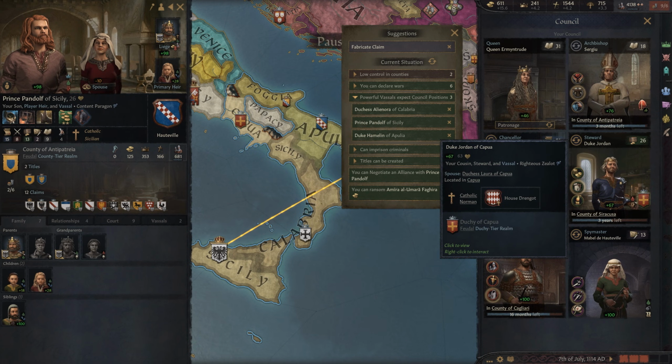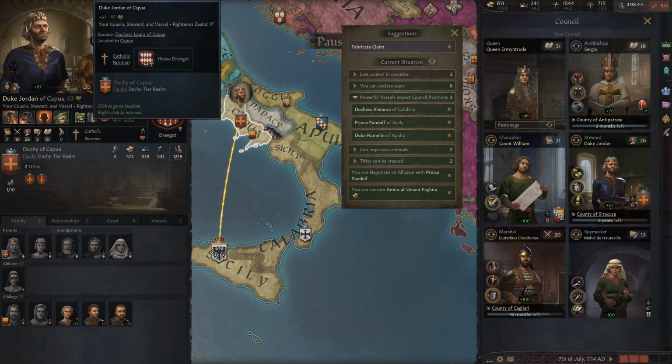My point in bringing this up is that if you have a powerful vassal that wants a court position and you're on the cusp of, say, a civil war or some sort of bad situation, putting them in a council position isn't bad, because these council positions are going to allow them to grow the specific amount of positions lifestyle experience. Now, that's depending upon your primary title. Duke allows for a 10% bonus, 15% for king, and 20% for emperor.